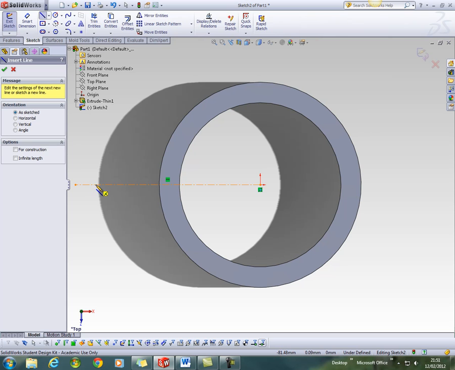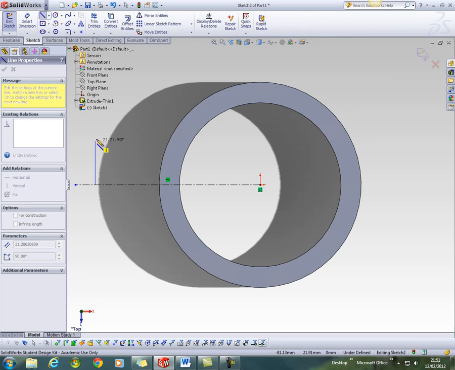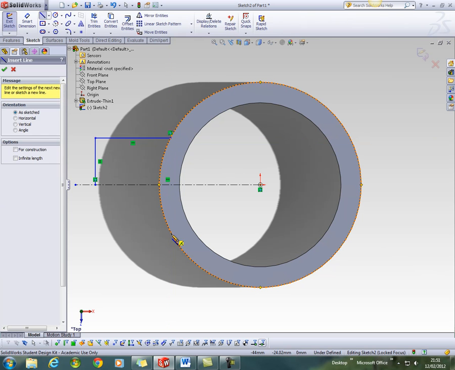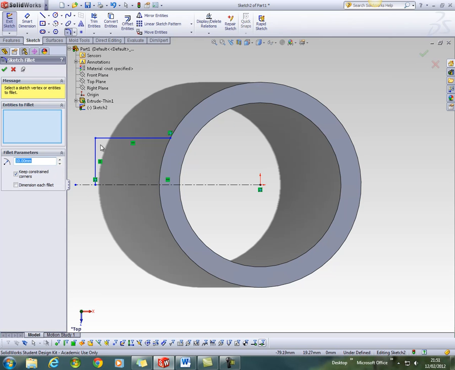Starting point is coincident with the centre line, vertically up, horizontally back, so it's coincident with the edge of the circle, and end that line tool. I now want to put a corner fillet radius of 10mm, and I can use the Sketch Fillet tool. Put that on the corner,